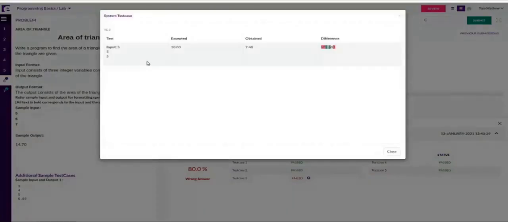That will take me to the input values provided for this test case, and what is the expected output value, and what is the output my program got, and what is the difference between the expected output value and my output. Not the subtraction; this is treated as a string, this is also treated as a string, the difference between both these strings. Basically, there is nothing common. Maybe 8 is common, but in different positions. Okay. This is what you are going to get.